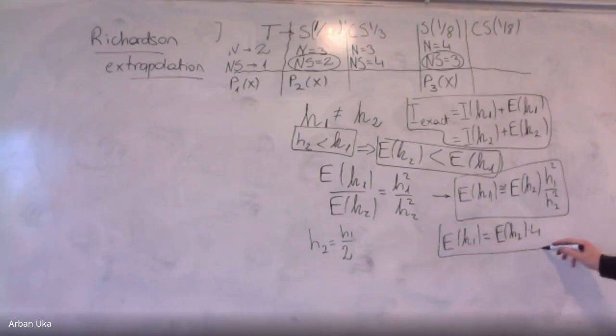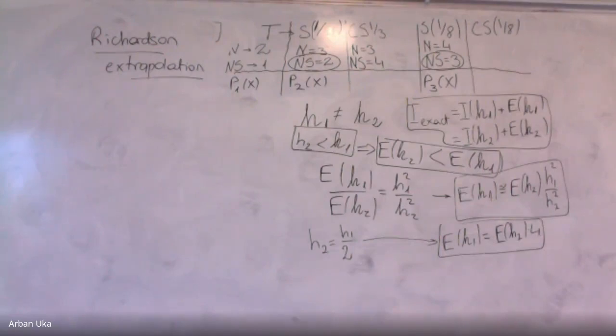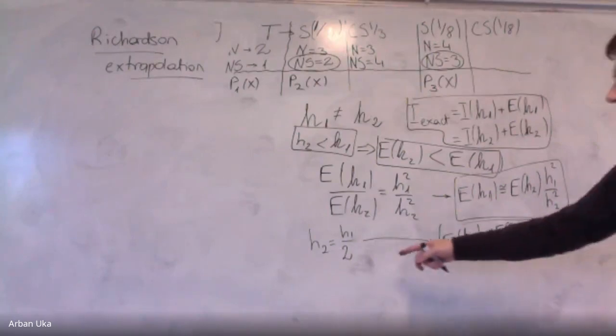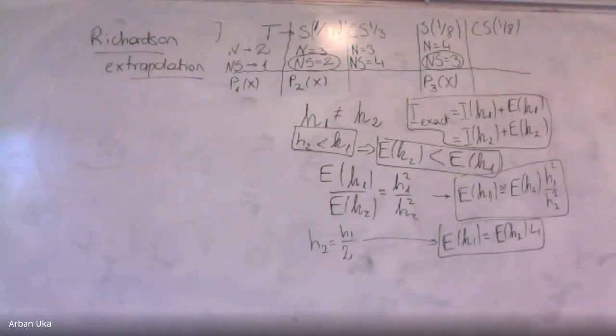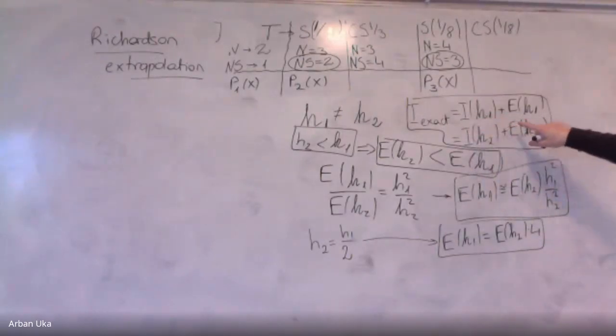Okay? So it looks like, in case this is equal to this, the lower error will be improved by a factor of 4 if the ratio here is a factor of 2. So now what we can do is that in this expression, I want you just to look for a moment, in this expression that we have here, we can substitute for error in E1. So let's have this,